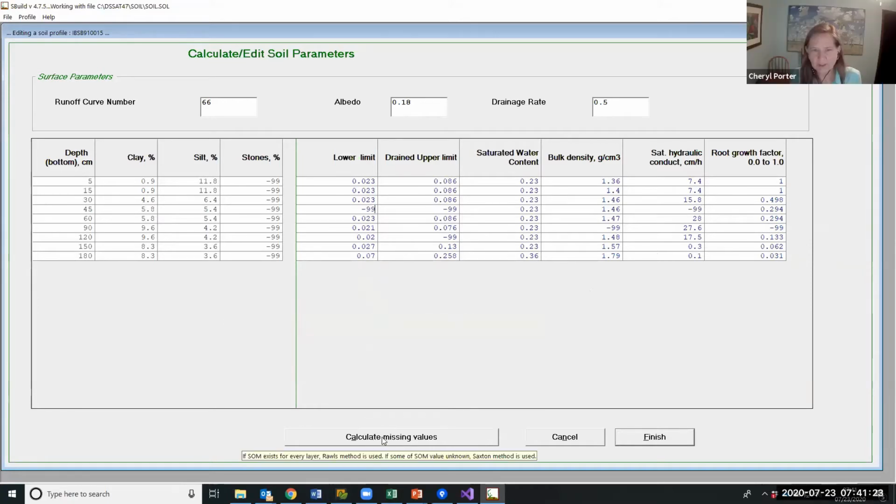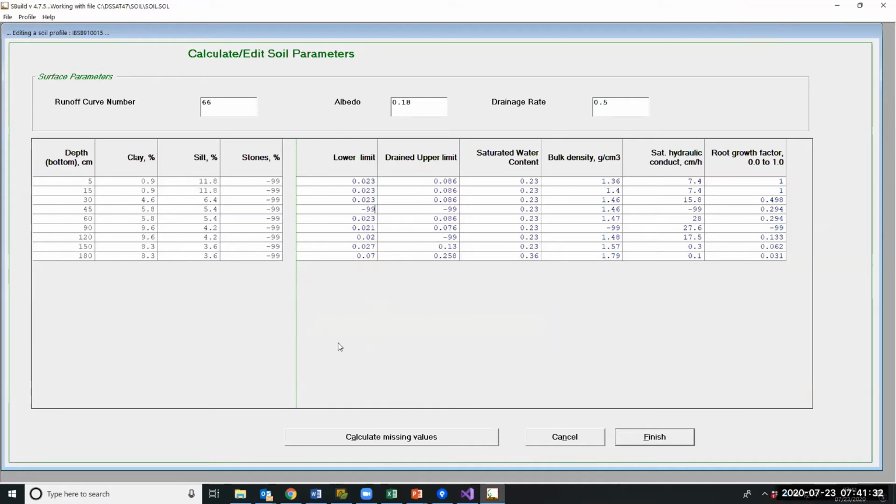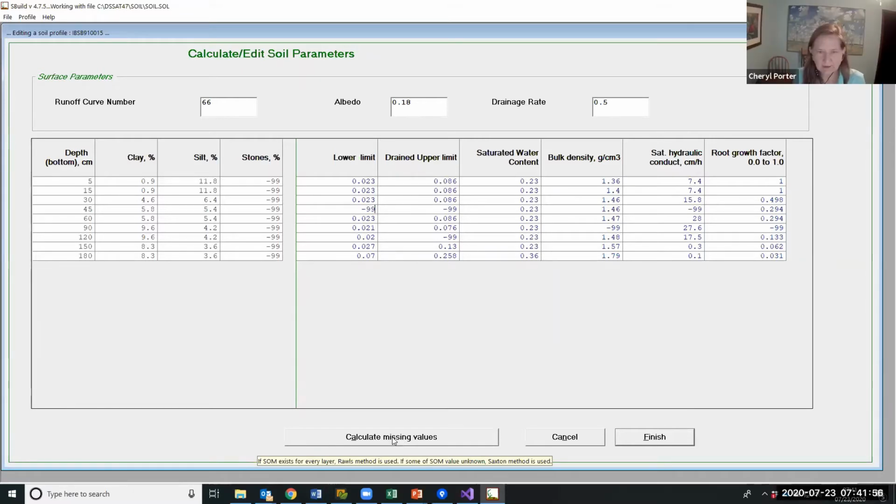And if I want to calculate missing values, it will calculate them using pedo transfer functions and the soil texture information that was provided. So when I click calculate missing values,